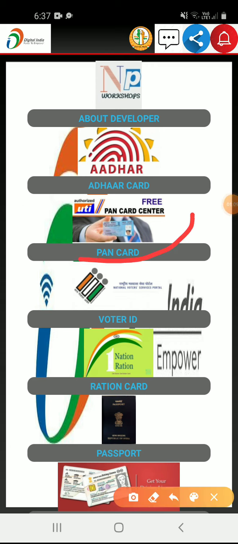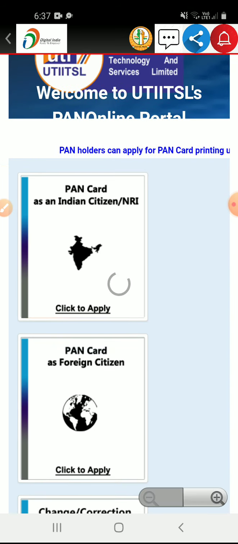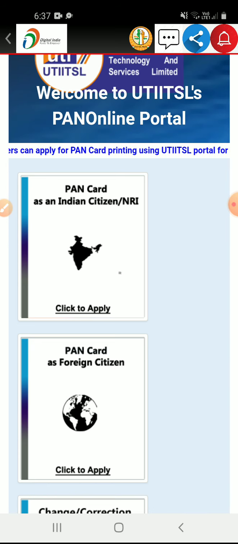You can see here the PAN card portal. Simply click here, and you can see the welcome to UTIITSL's PAN online portal. PAN holders can apply for PAN card printing using the UTIITSL portal for their PAN allotted through Income Tax Department's Instant PAN services.